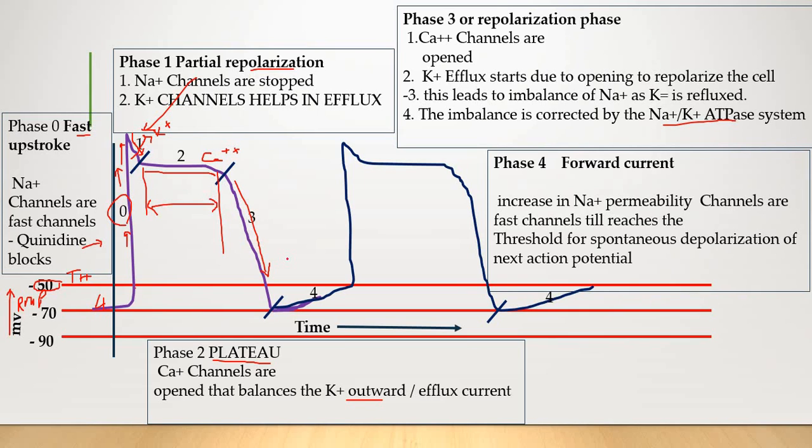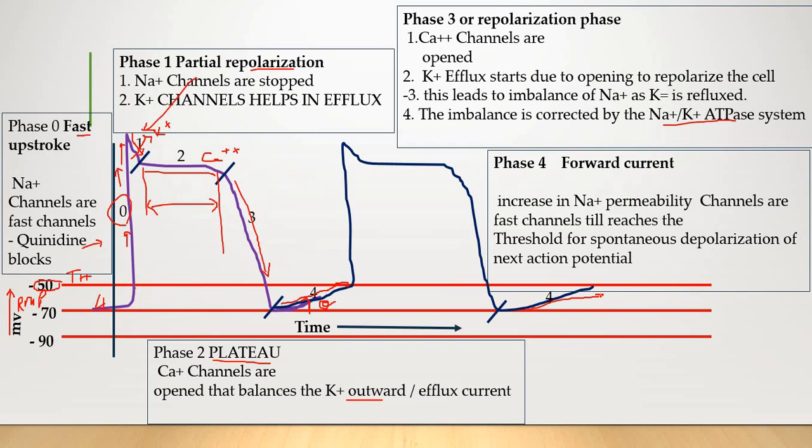Now, what is happening in the next phase, phase 4? Reaching this resting membrane potential, now it's going to reach this. A particular slope is there, and on reaching the threshold, another action potential is generated. So there are certain drugs. This makes a particular angle, and if I represent this as angle theta, drugs which decrease the slope, I will write for you like this one.